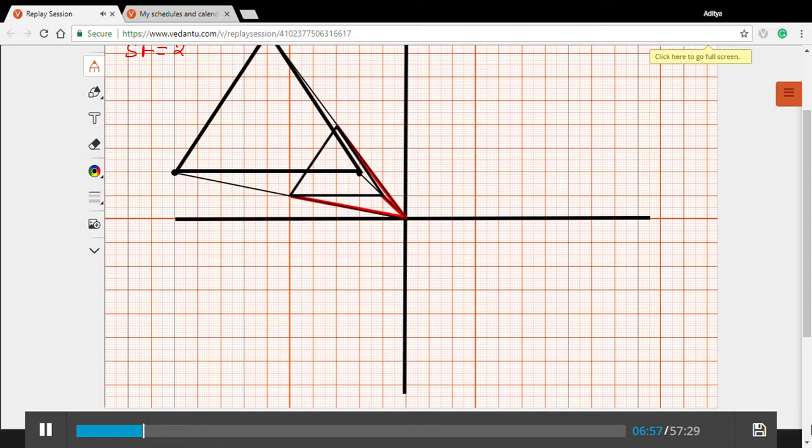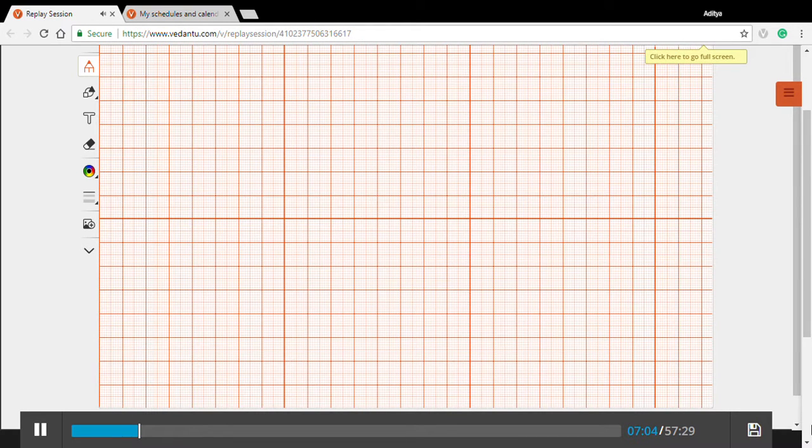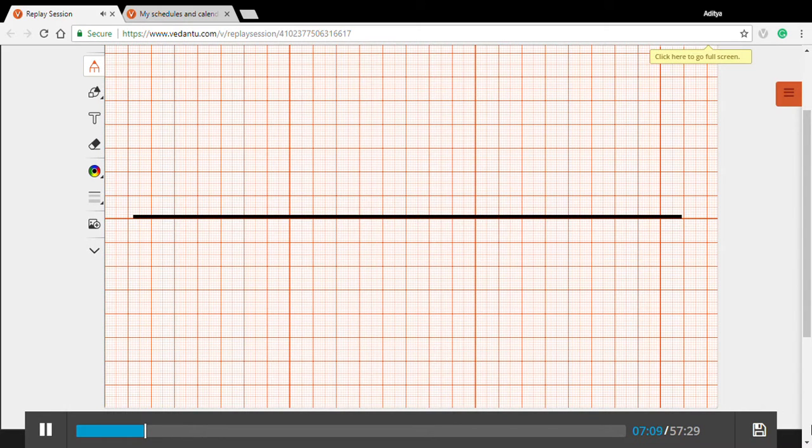But at the same time, suppose the scale factor was negative 2. Now what would have happened? We just have to draw it in the opposite side. It will still be enlarged, because the absolute value of negative 2 is 2, and that is still greater than 1. It's still an enlargement, but since it's negative 2 this time,